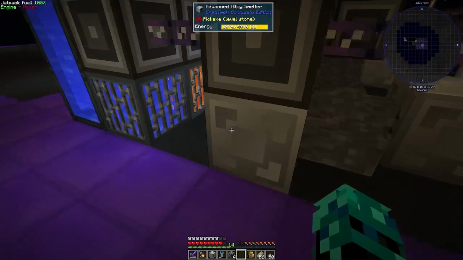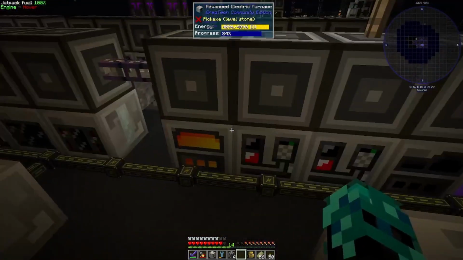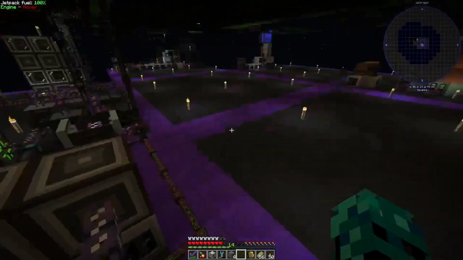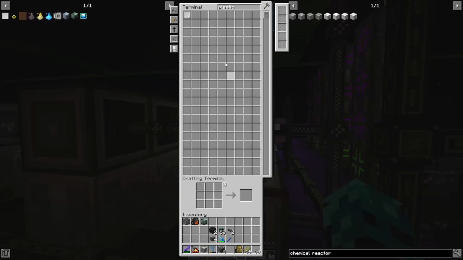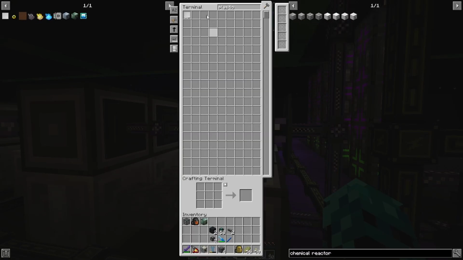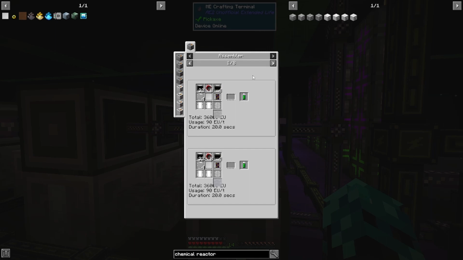I do have a spare compressor around that has space. I sort of always forget where it is. I should just make another interface terminal and use that to access the various machines. Now that should be everything it needs. There we go. Cool. So it can just craft plastic circuit boards now. Perfect. Now the plastic circuit boards, though, allow us to make the refined